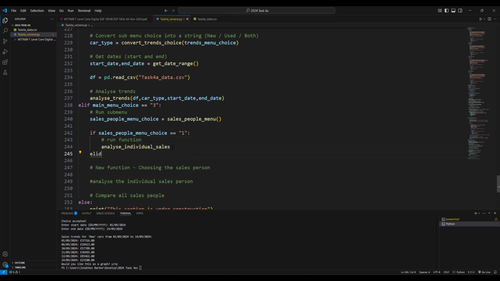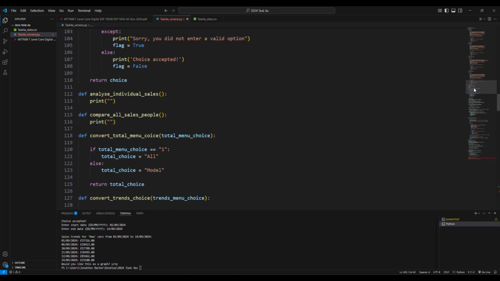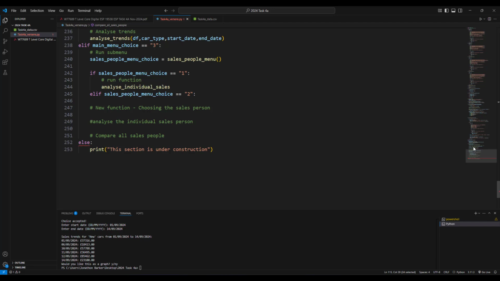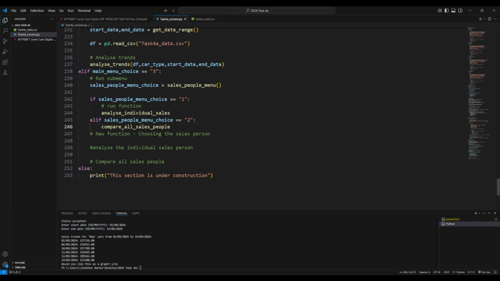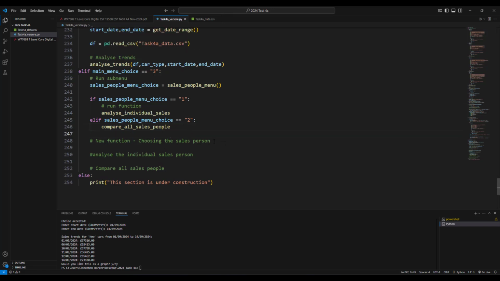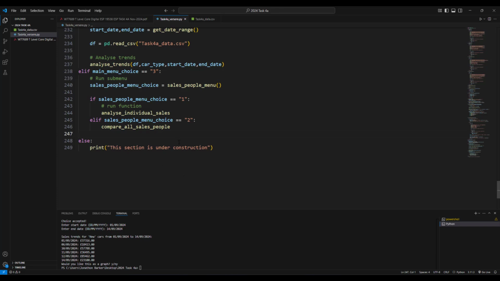What if you put in number 2, elif your salespeople menu choice is 2, then you are going to compare all salespeople. Whoever invented this quick bar is just a genius. Saves me so much time. Okay. So analyze individual, that's those two done. Compare all salespeople, yeah, done. Right. Okay, now we're getting somewhere. So you'll choose if you elif there, else